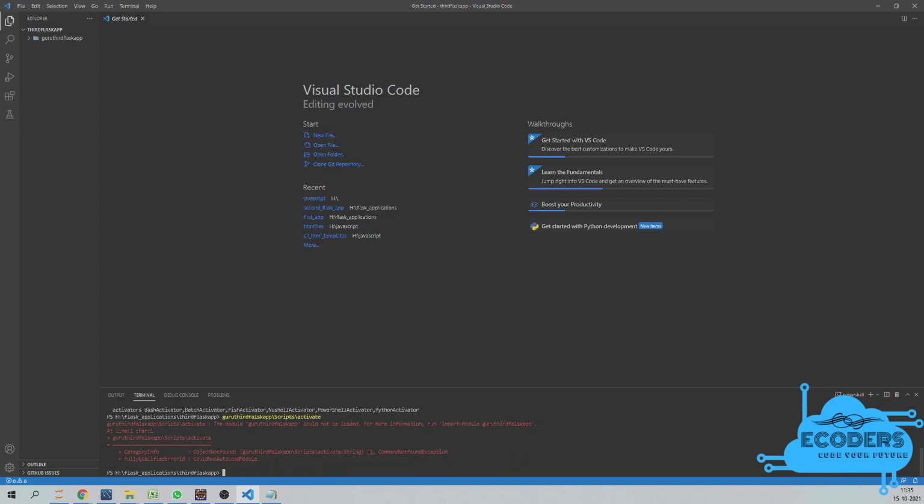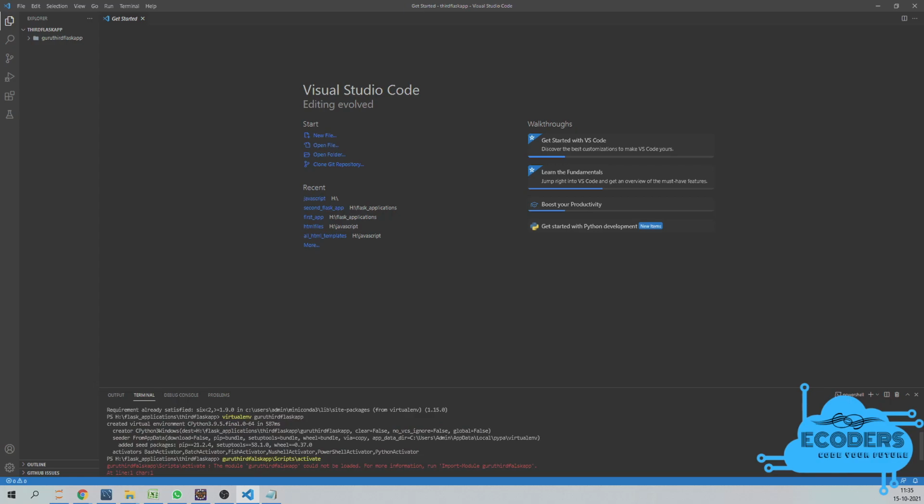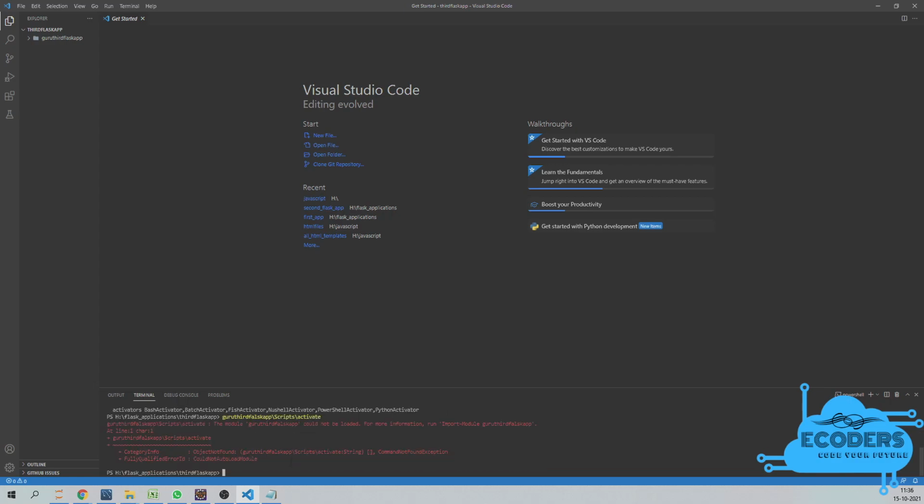If you get some error like this, it means we have made some mistake while installing or creating the virtual environment, or else here on the left side you would have seen the virtual environment's name. So first of all let's check what mistake we have made. We were creating the virtual environment, and it says Guru third Flask app.